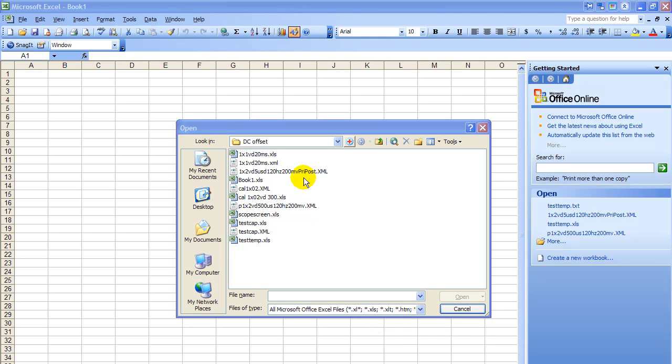In this lesson we're going to deal with a very difficult file, the highlighted file up there. The parameters: it's a 1x probe, 2 volts per division, 5 microseconds per division. The ripple voltage is 120 hertz, 200 millivolts, and we did a priority post capture, which means all the data